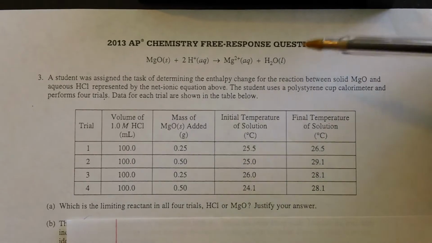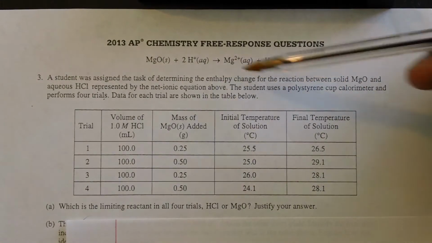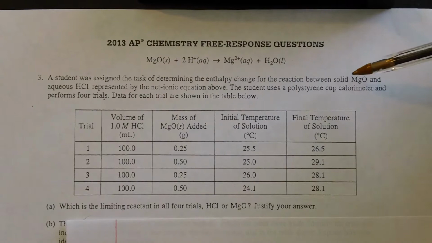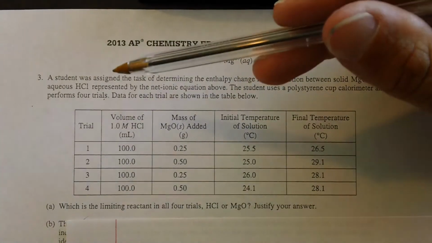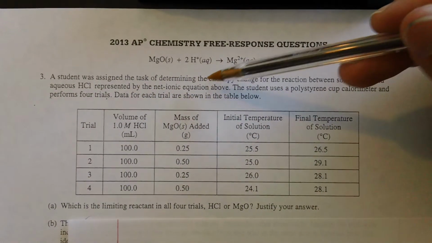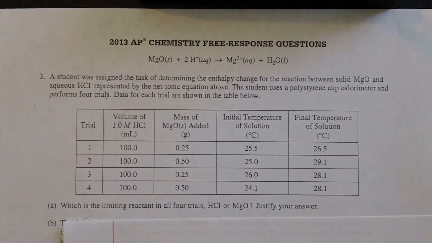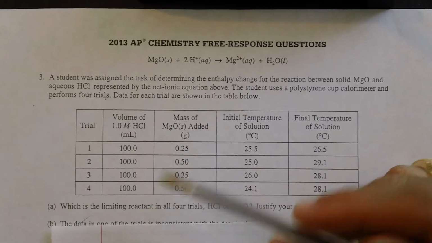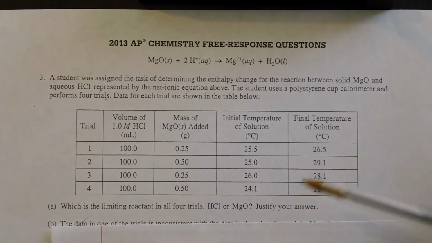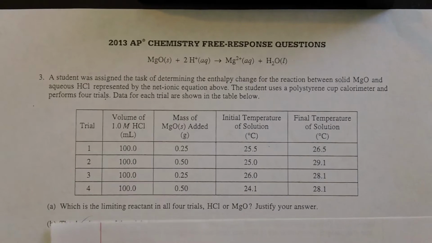They give us an equation. The student is looking for enthalpy changes, so we're dealing with delta H's. Magnesium oxide reacts with HCl from the net ionic equation above. They do coffee cup calorimetry, just like we did in class. And so they have the volume of HCl here, they're adding magnesium oxide here, initial and final temperatures, and they ask